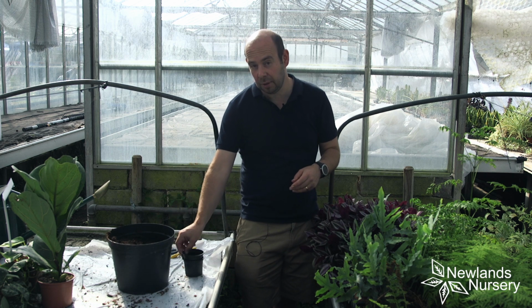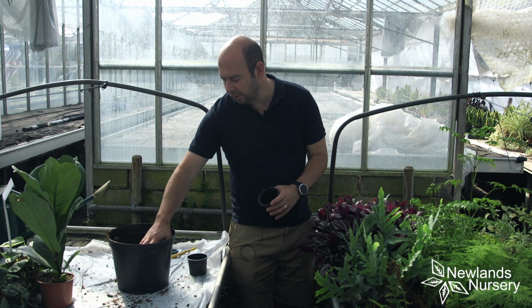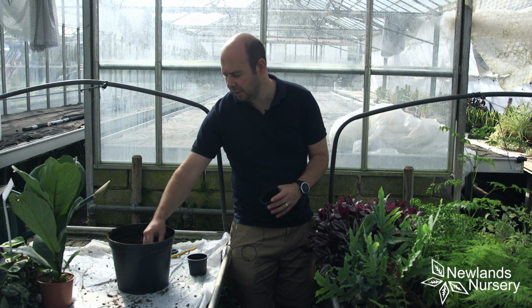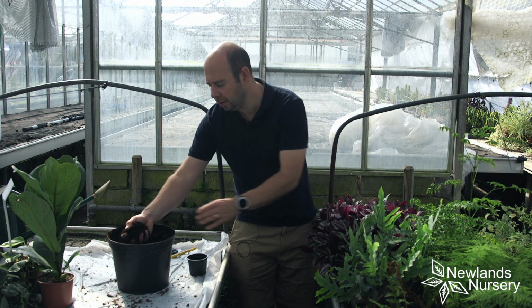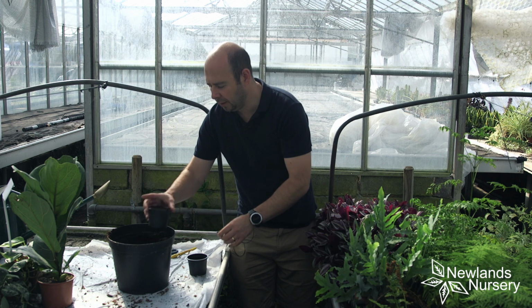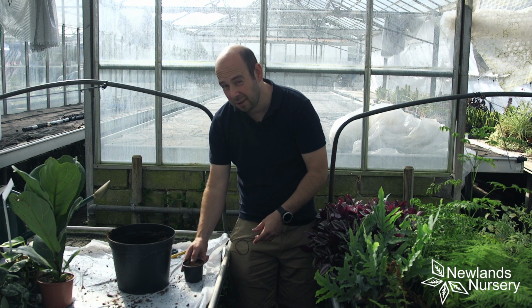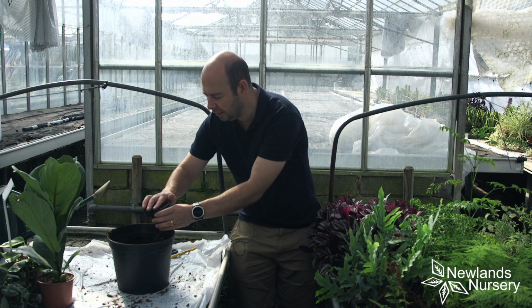It's a multi-purpose compost, but it does have a nice amount of drainage in it. It's quite an open compost with a bit of bark and stuff like that. So if you are going to do cuttings for houseplants, a little bit of drainage really goes a long way. So I'm just going to fill this pot with compost, and something I find really useful, especially when you're doing